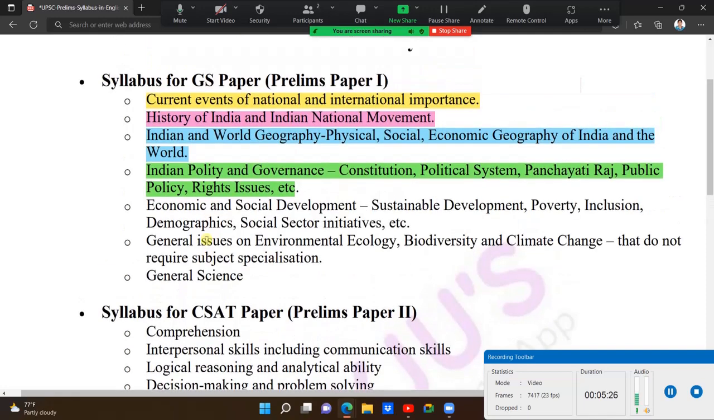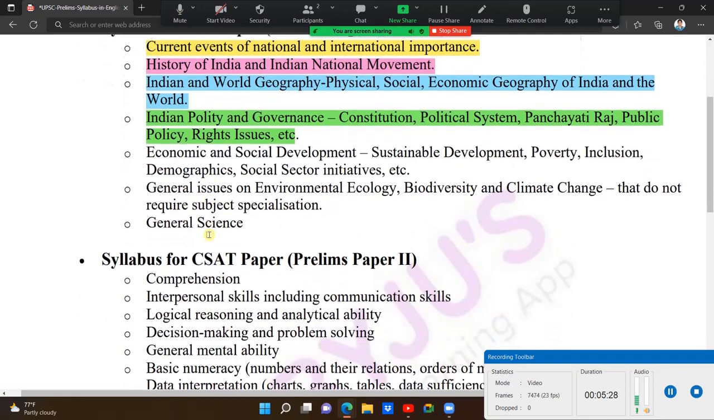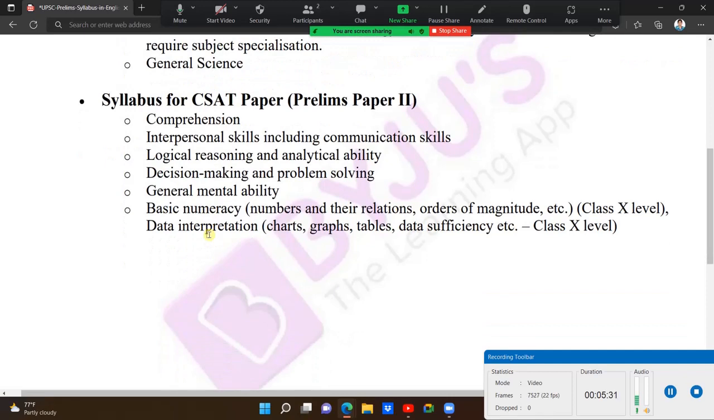Next, this is the complete syllabus for the GS paper prelims, and when it comes to the CSAT paper, it is prelims paper 2. Under this, comprehension. Comprehension means they'll give us a passage and 5 questions from the passage. We have to look at the passage and answer the 5 questions. And interpersonal skills including communication skills. There are many interpersonal skills like the way we behave, the way we maintain our attitude and everything, including our communication skills also. They will check the communication skills, nothing but sentence framing,